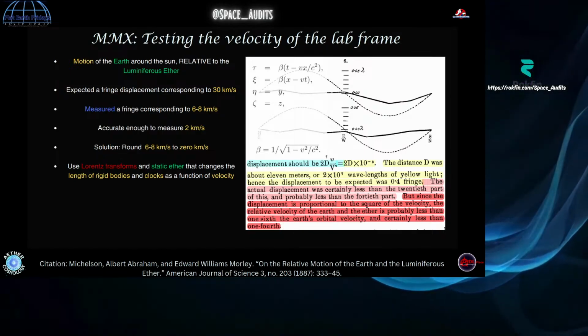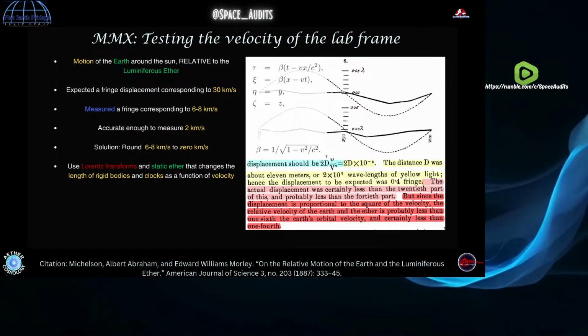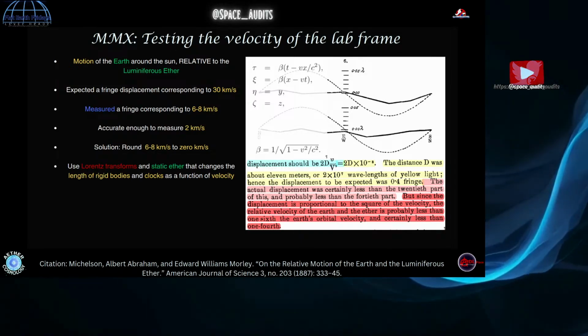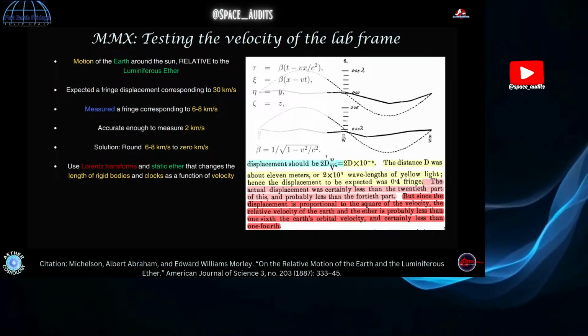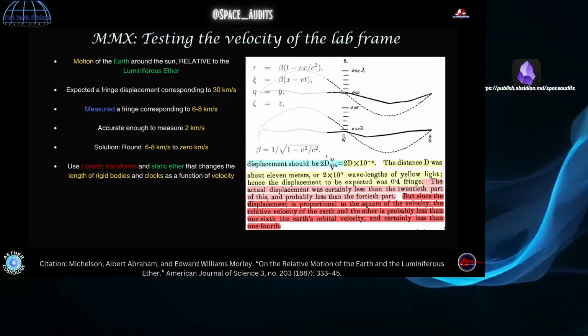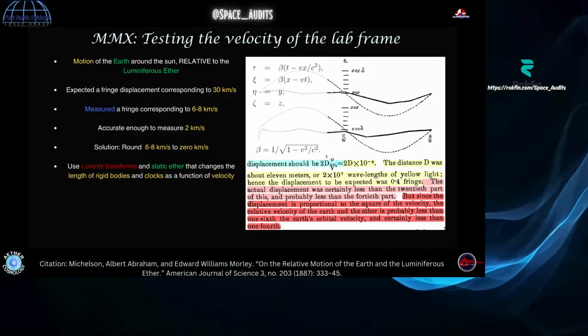So anyway, they go through their prediction here on how much the displacement should be, and the equation that they used, 2D times v squared over c squared, which is the velocity of Earth, 30 kilometers a second squared, over the velocity of light squared, gives them their change in frequency